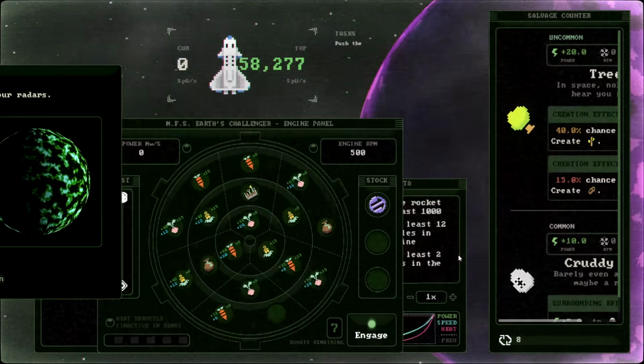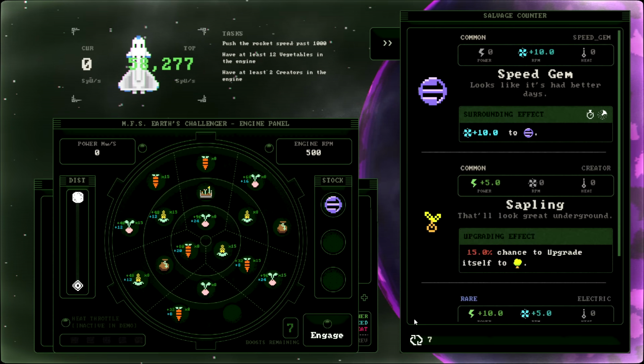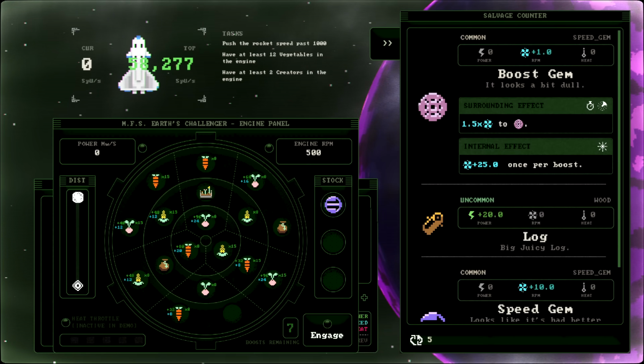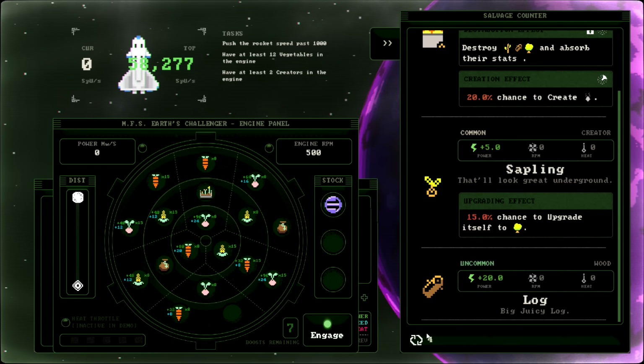I have 1,000 sitting in the bank. What do I care? Cruddy or Tesla coil, these are rerolls. You're looking for vegetables. The great Tesla coil. I love that. Love that, but not for me. Boost gem, speed gem, logs. Come on, man. Wood burner, sapling,